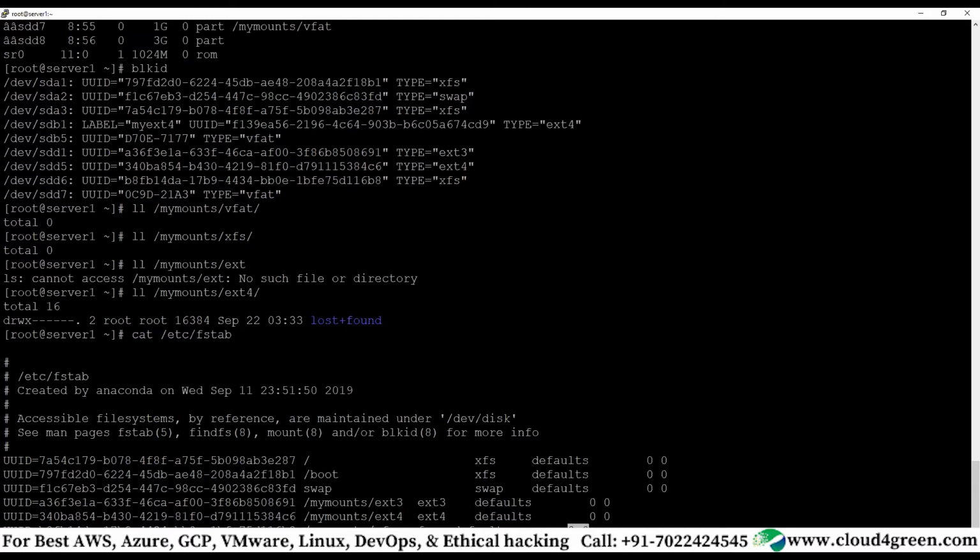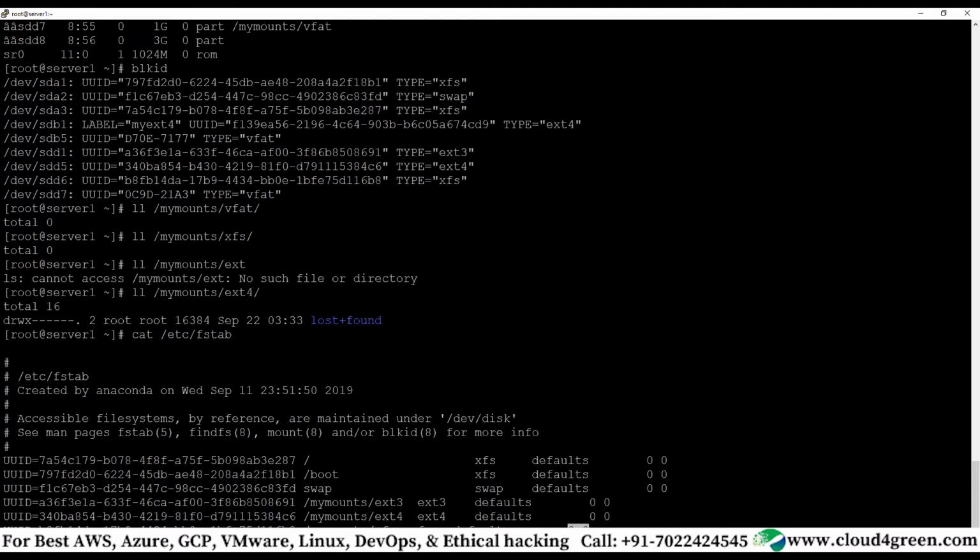Instead of creating, for example, one VG, I can create two VGs. But the thing is that if a PV is part of one VG, the same PV cannot be part of another VG. For example, I have two VGs. Initially, I created one VG, using these two PVs to create this VG. And these two PVs are used to create this VG. Clear?